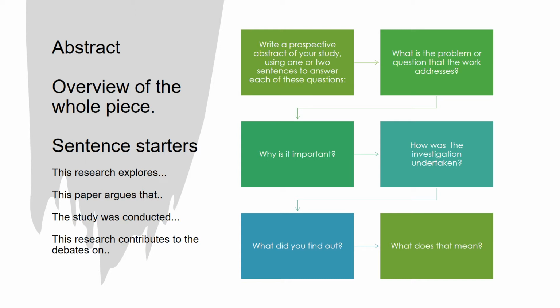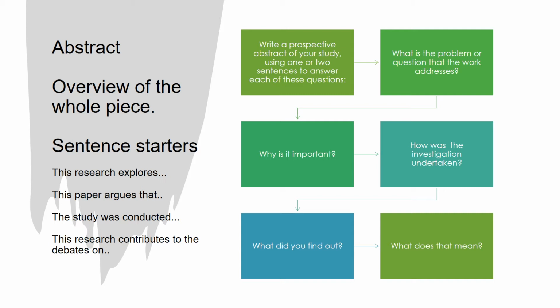And remember that this task here might not be the final abstract that you use in your dissertation. In fact, it quite likely won't be. And you could just write it as bullet points or use these sentence starters to address each area. But what you're trying to do is get back into your head what it was you've researched, what the problem or issue was, focusing again on why you wanted to do that, why it was important, how you studied, how you carried out your research, and what that showed you, what you found out, and what's the conclusion,